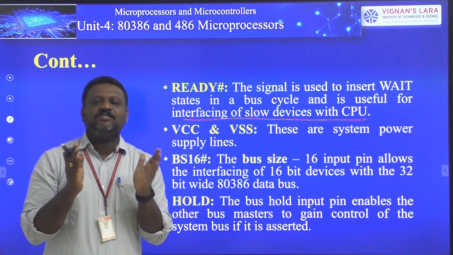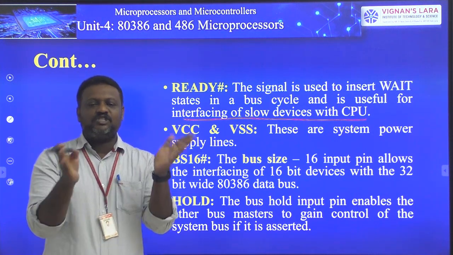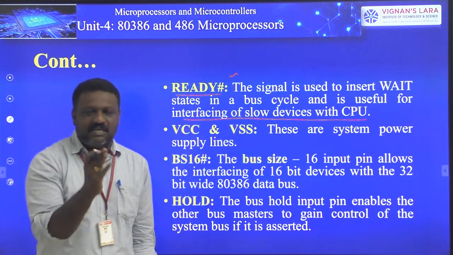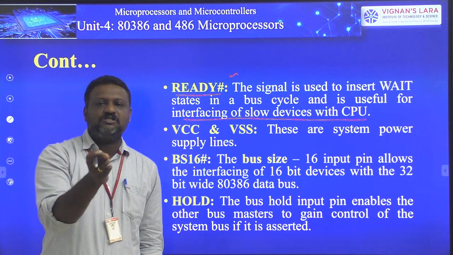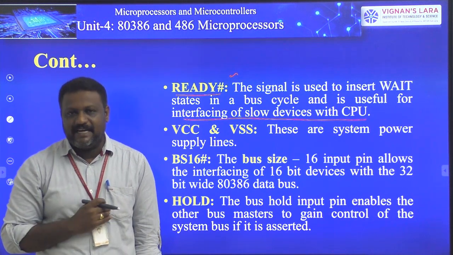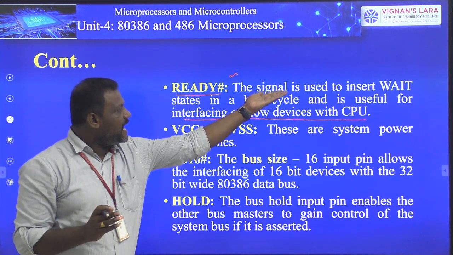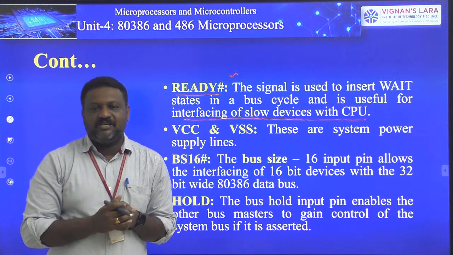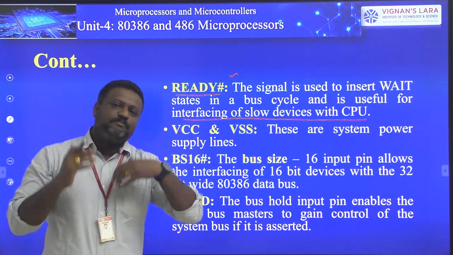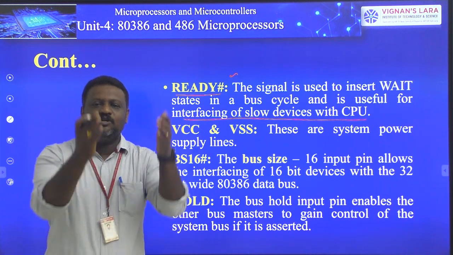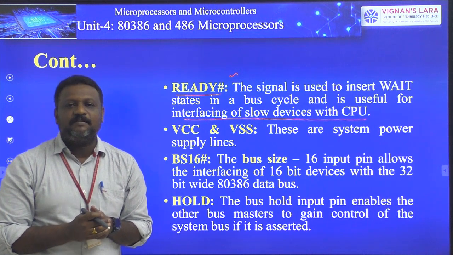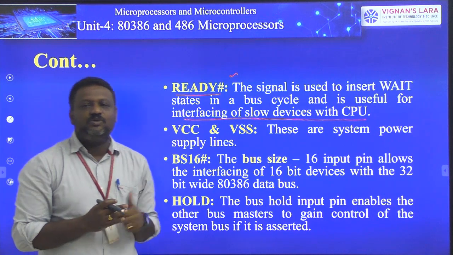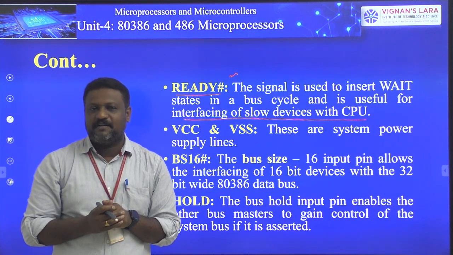If this ready signal is not active, it means your processor identifies logic 1 over this. This READY# is equivalent to 1. That means your processor has to enter into wait state. That means your processor is going to add some wait cycles to the bus operation. Why is the processor entering into wait state? In order to reduce the speed of operation of the processor, to match that speed with the I/O device. This ready signal can be used by a slowly operated peripheral.